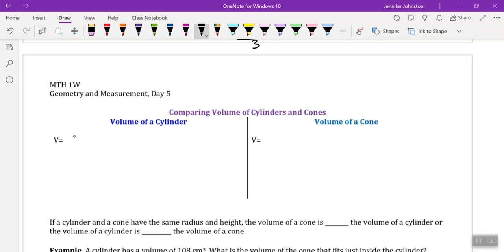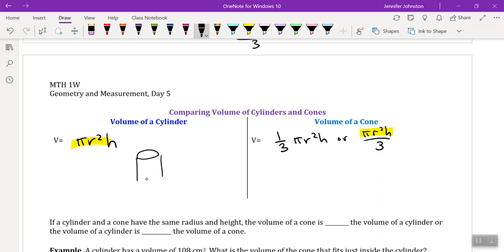So for a cylinder, the volume is pi r squared h. And now we just saw for a cone, it's 1/3 pi r squared h, or pi r squared h divided by 3. That looks oddly familiar. That means if we have a cylinder and a cone with the same height and the same radius,